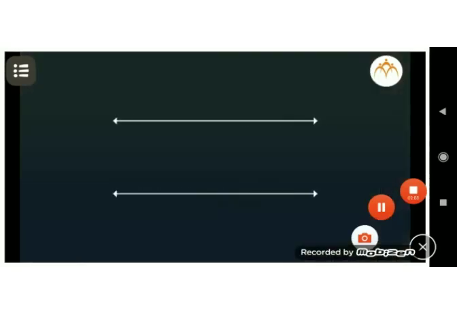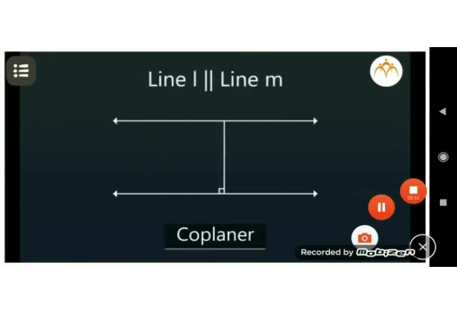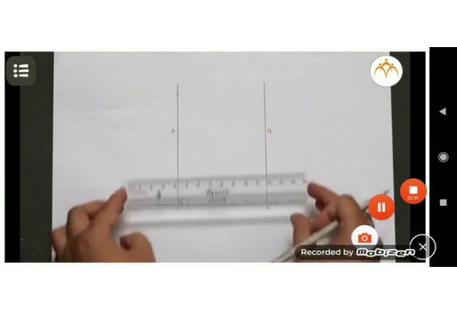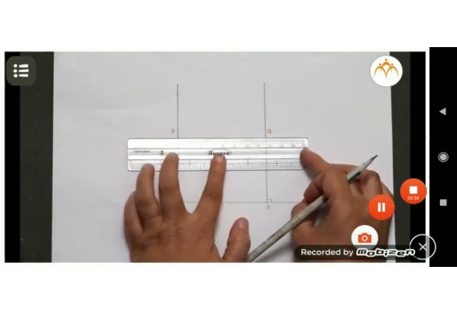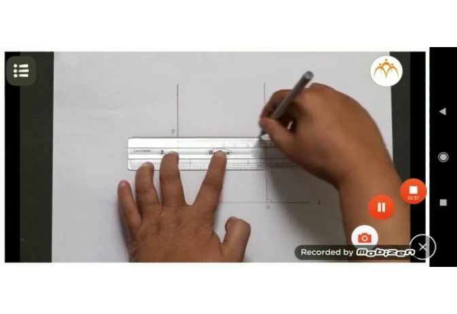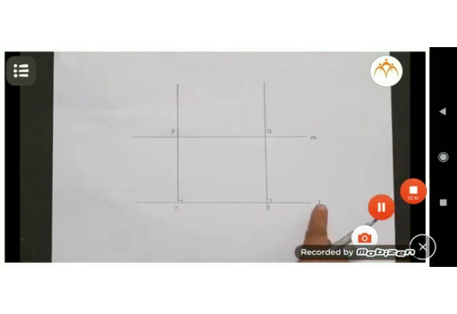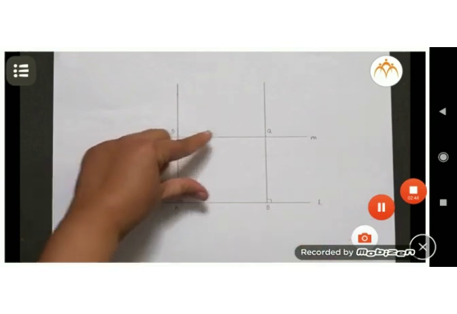As you know that when two lines are parallel, they lie in the same plane and the distance between them is always equal, even if they are extended in both the directions. So, if we draw a single line passing through points P and Q both, then this line M will be at equal distance PA or QB, that is 6 centimeters. Now, let us draw a line passing through points P and Q both and name this line as M. This line M is parallel to the given line L at a given distance of 6 centimeters.